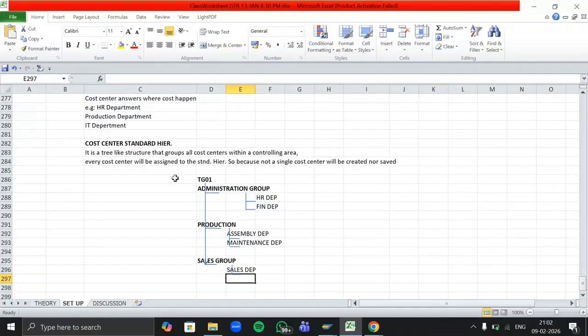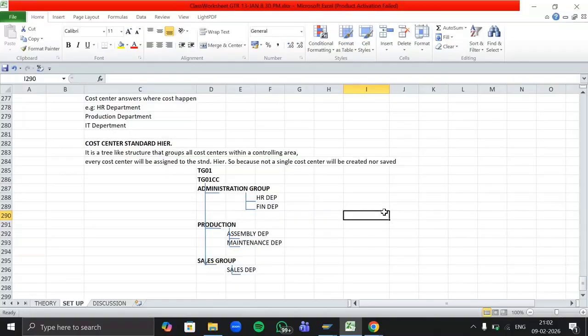So under this controlling area TG01, there will be one cost center standard hierarchy, which I'm going to name as TG01CC. Under this standard hierarchy, all of your cost centers will be created.